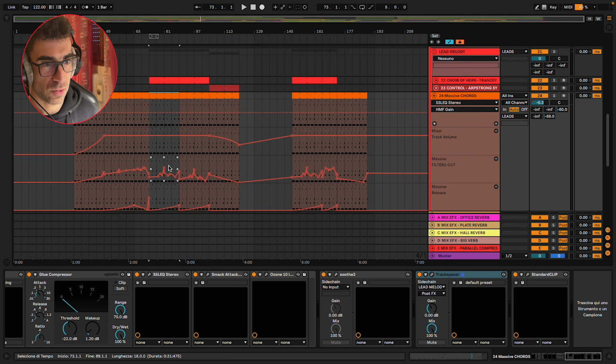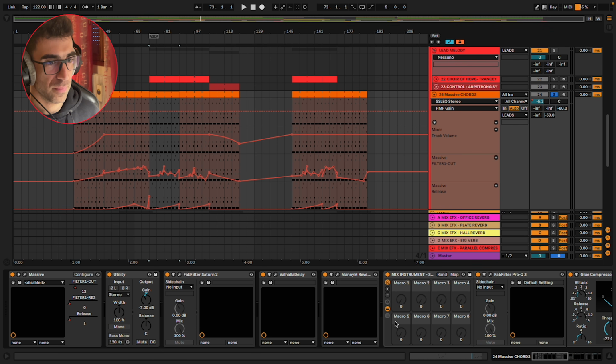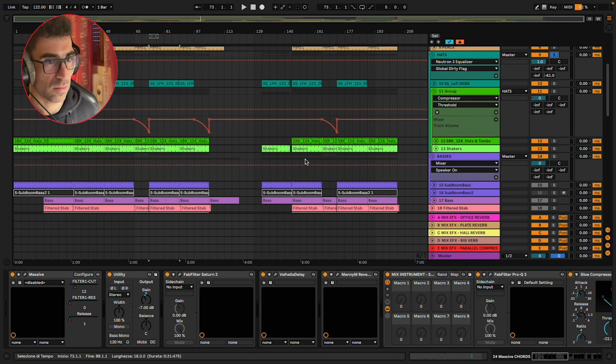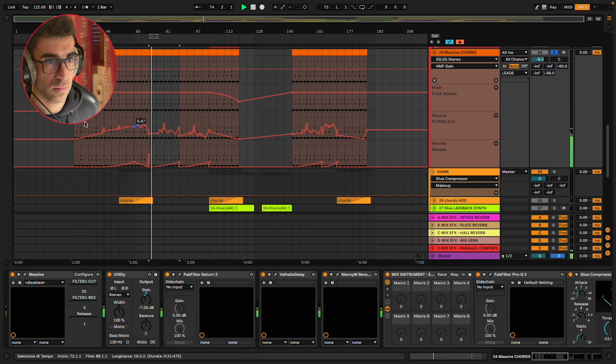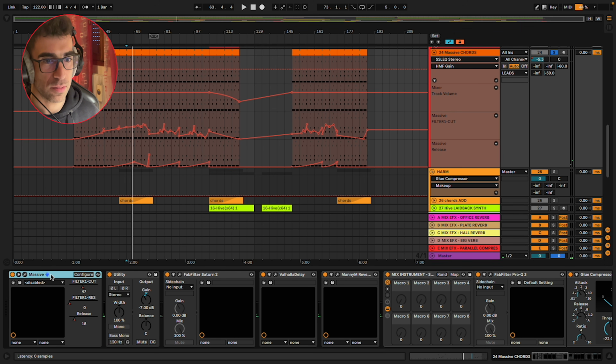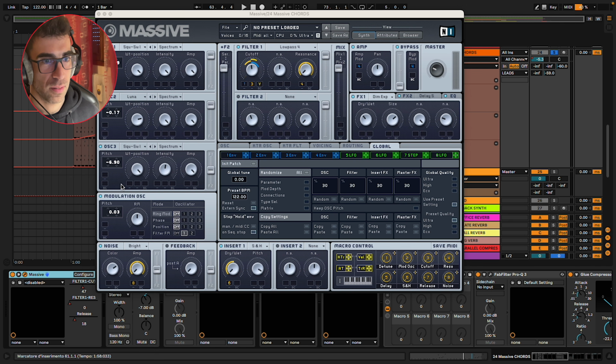Then we have these massive chords. The main idea of the whole track came from these chords together with the groove, and then from here everything else started. Energetic and groovy, a really nice sound from Massive. Basically, it's just making a power chord, 2 notes, the first and the fifth, 1 octave below here, as you can see.